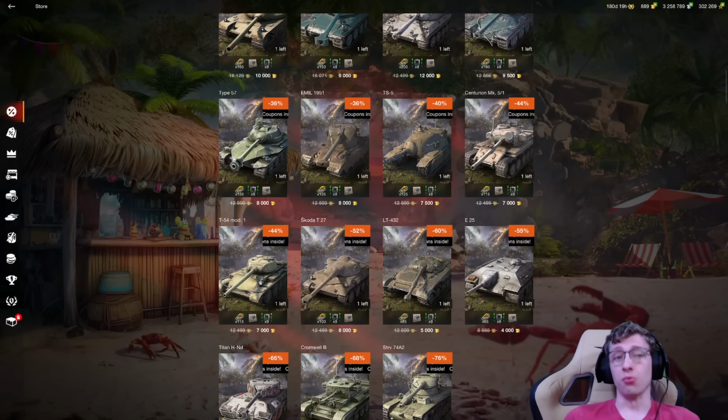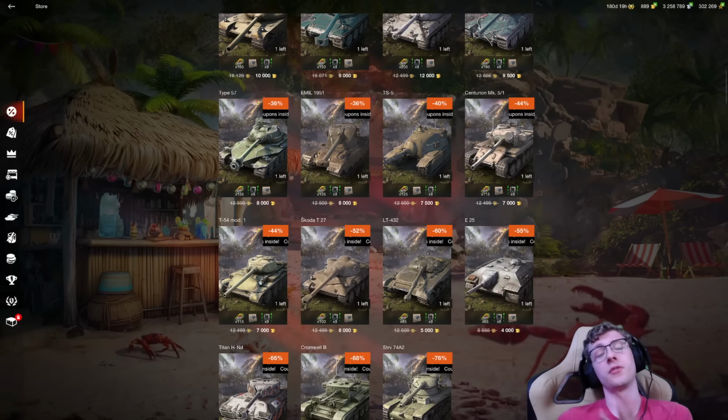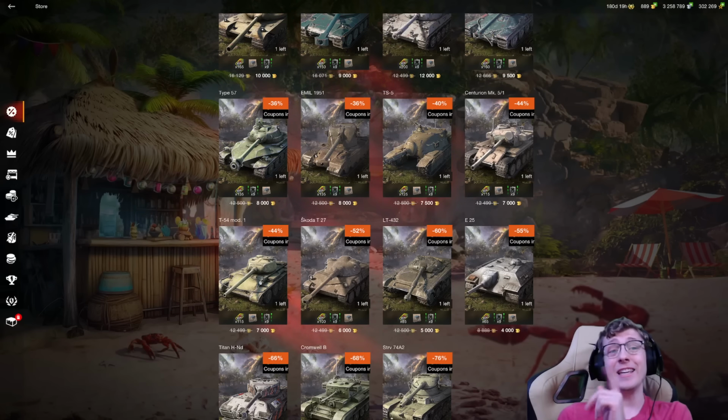Skoda T27, really good deal. 6,000 gold, I would highly recommend to pick this up. If you don't have it, it is by far one of the most fun tier 8s in the game. For any of you that liked spamming the TVP 5051 before it got nerfed, well, this is basically a tier 8 version of that. So if you want that 1.5 second intro clip and you want to absolutely demolish your opponents, yeah, the Skoda